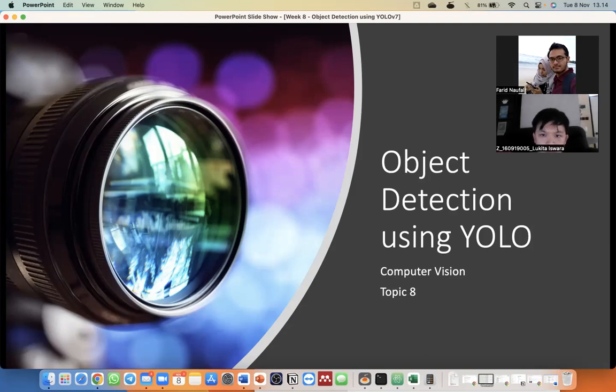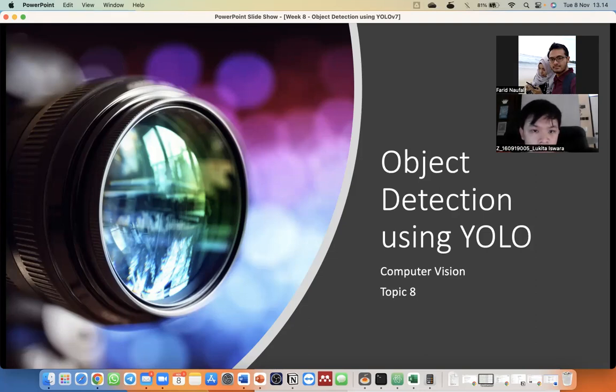The problem that we want to solve in this course with the YOLO algorithm is detecting objects. Detecting objects is different from classifying an image, because we assume that in one image there is more than one object. That's why we use an object detection algorithm. For example, we want to detect the cars in an image, or maybe the animals in an image, and inside our image we have more than one object.